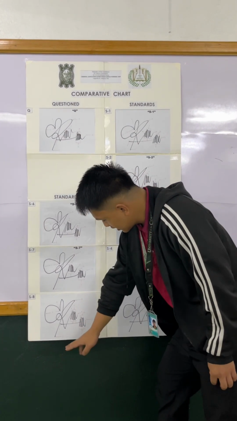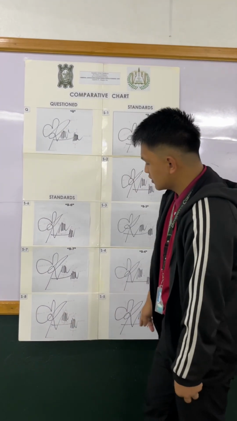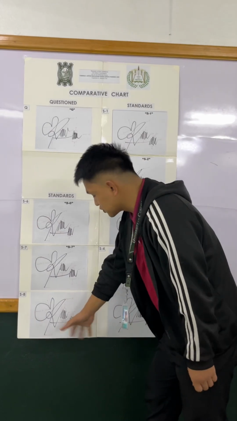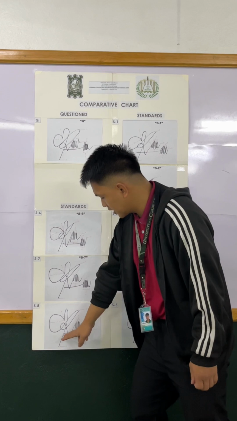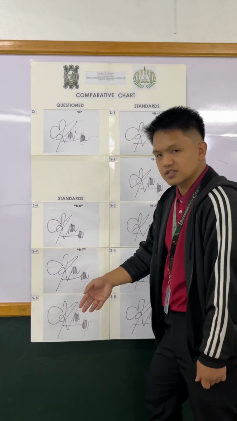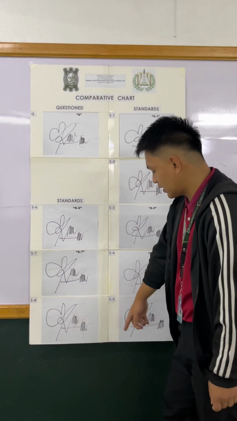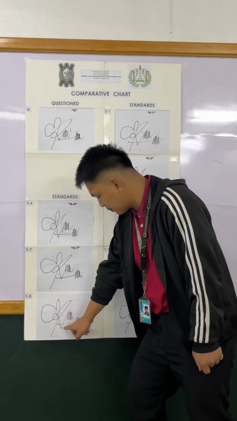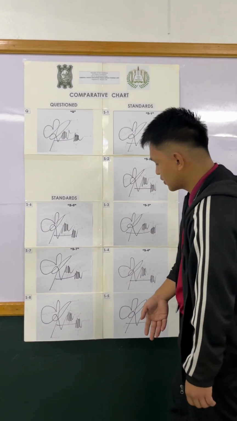So first, the number 1, we can see that the initial stroke of the signature is forming a blunt stroke. So it starts with the blunt stroke going upwards. Next is the dominating stroke, in which the measurement is 8 centimeters, and the line quality is very poor due to the fading parts of the dominating stroke.